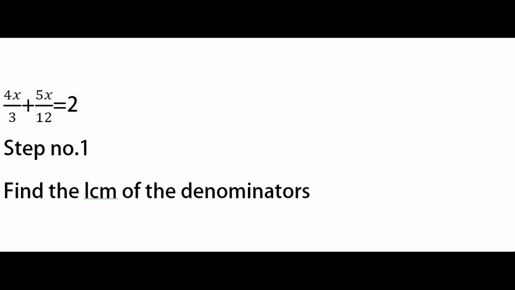Now children, let me also tell you how you can find the LCM of certain numbers without actually going for your rough work. If you have two numbers in such a form that one number is a multiple of the other number, then the larger number is always the LCM. In this case 3 and 12, 12 comes in the table of 3. 3 ones are 3, 3 twos are 6, 3 threes are 9, 3 fours are 12. So 12 will be the LCM. So I will write the LCM 12.